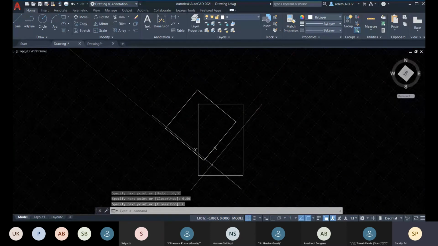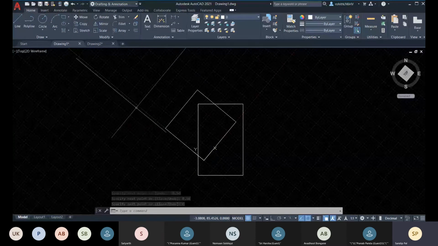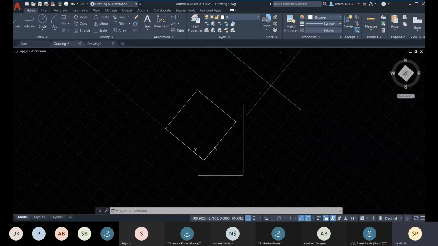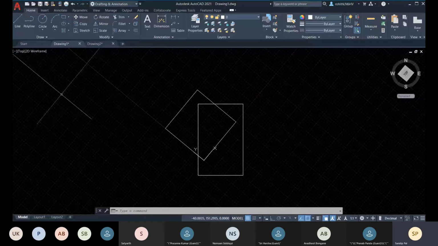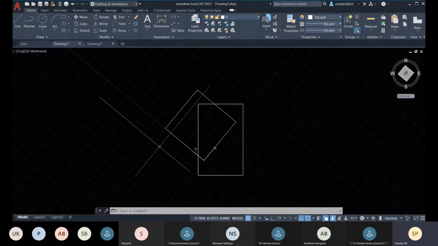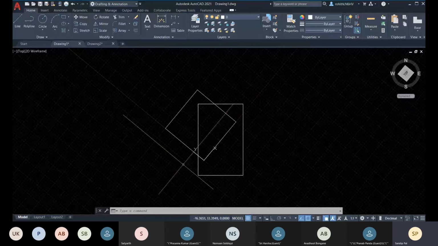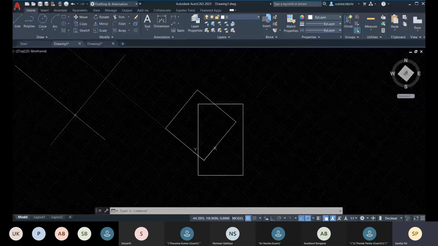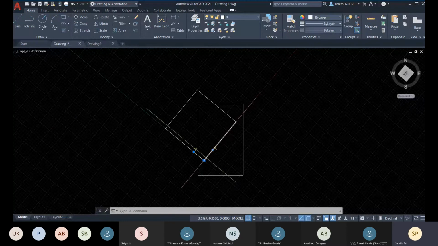Okay, so after changing this UCS, all the commands and all the values I put will work as per the UCS only, right? If I need the result as per WCS, I can align back with the WCS.